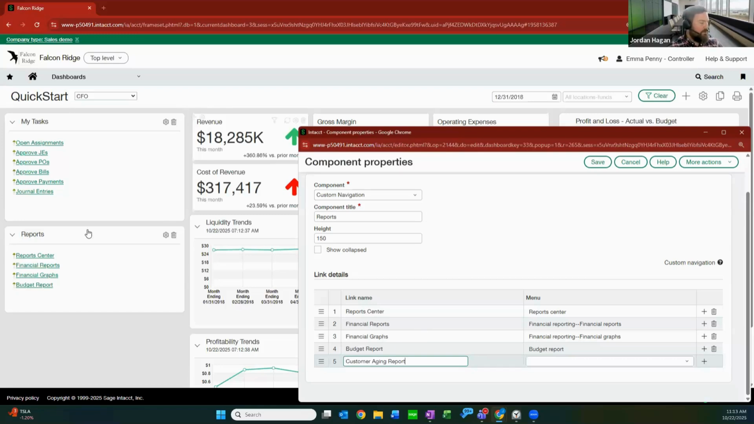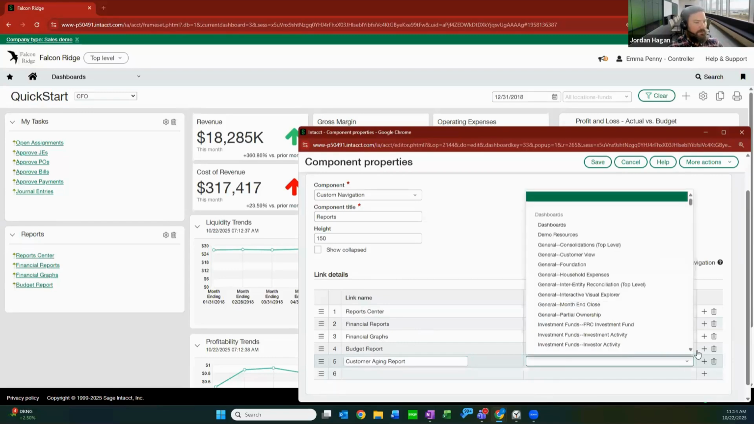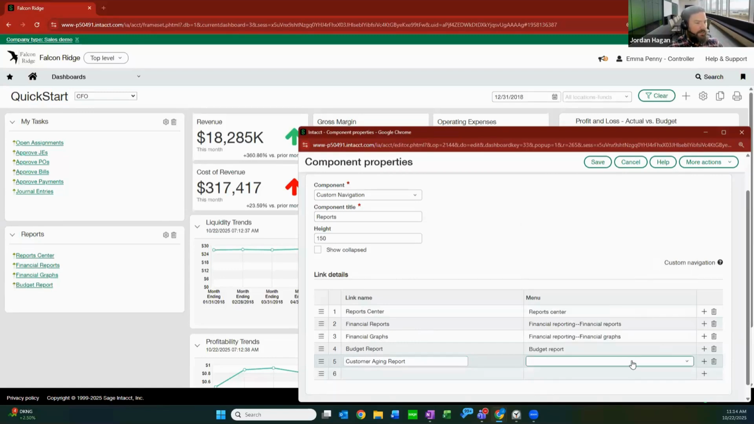Now, one thing to know, as you see, there's Report Center, financial reports. You can't individually put financial reports on here, but you can put custom reports and subledger related reports, such as the customer aging report. But for whatever reason, you can't do financial reports straight here. You have to go through Report Center or financial reports, and it will take you to that screen. So if I come in here,